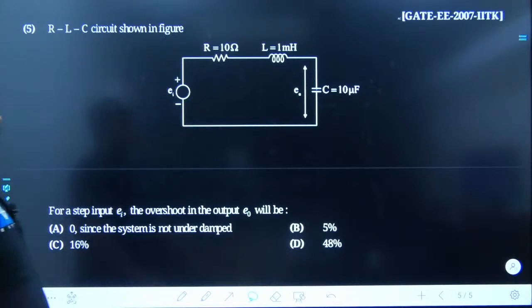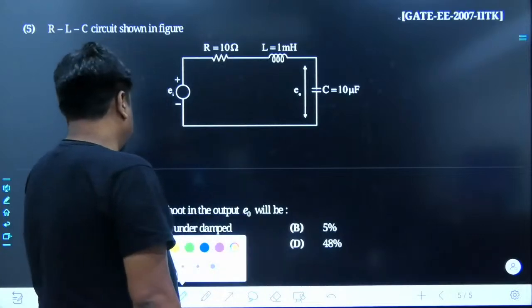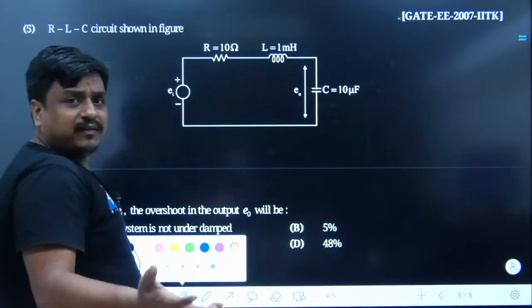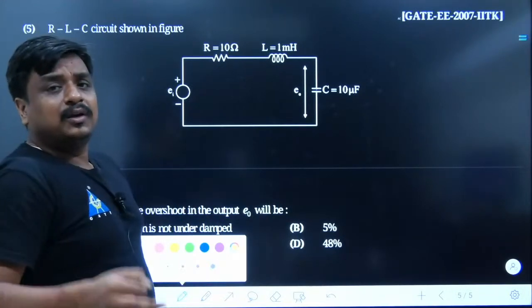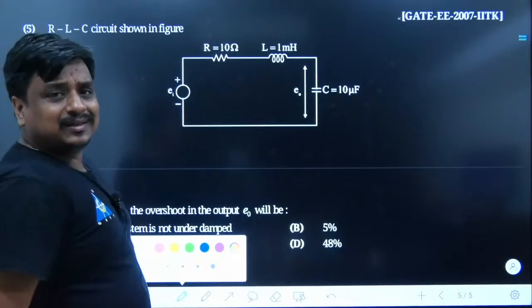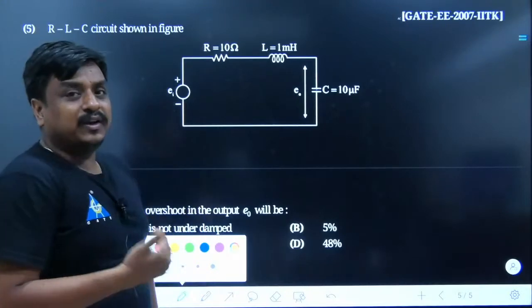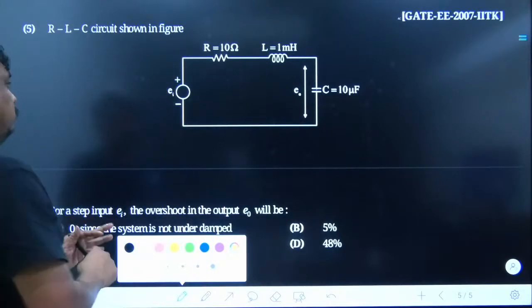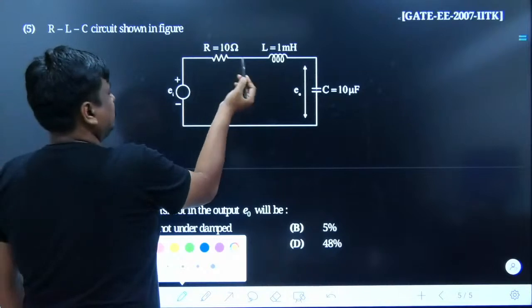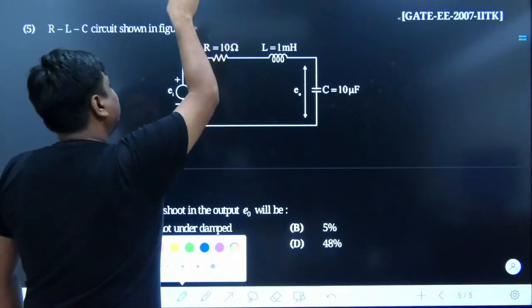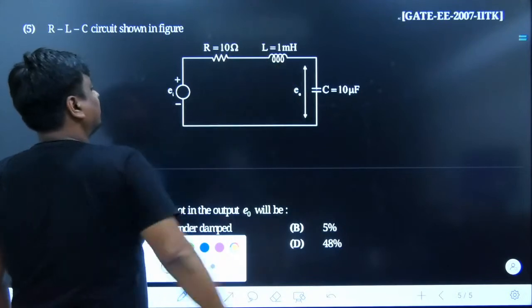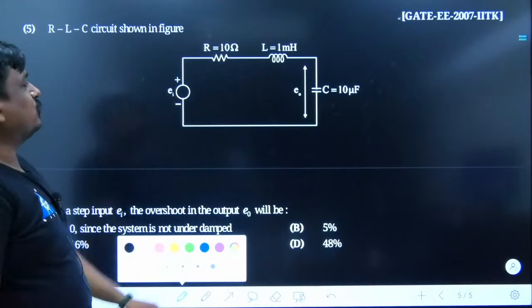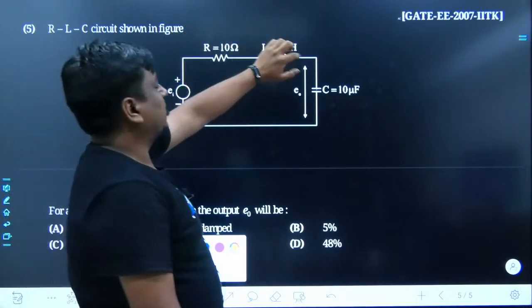See what I am saying? You need not calculate the complete transfer function. I know many of these students must have gone behind calculating the complete transfer function. Not required. You just had to focus on the characteristic equation. And what used to be the characteristic equation? The polynomial of the denominator compared with 0, and that's nothing but the characteristic equation. So once you calculate the characteristic equation, it's simply going to be the impedance offered by the resistance, the impedance offered by the inductance, the impedance offered by the capacitance. And as we had been discussing things in the Laplace domain, it would be R, it would be Ls, it would become 1 upon Cs.